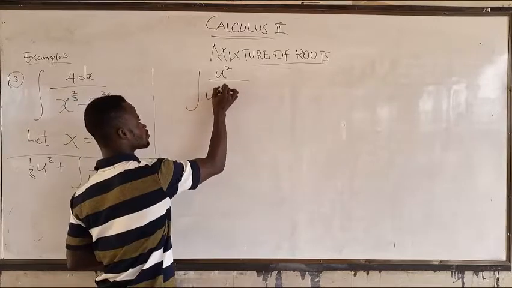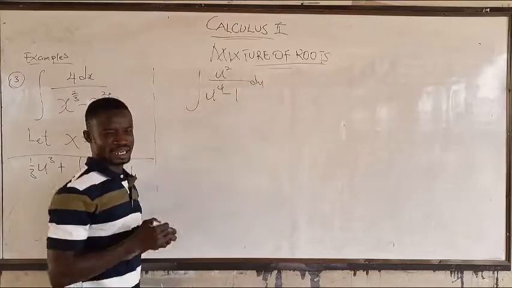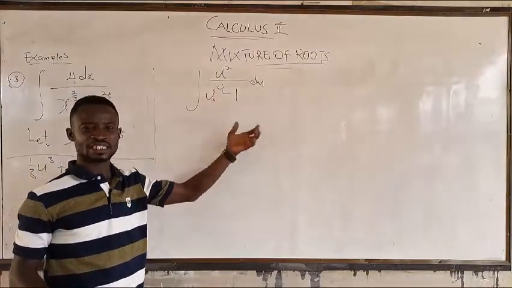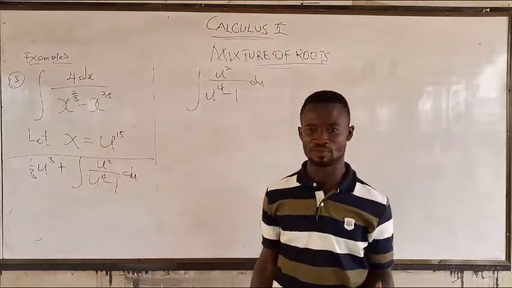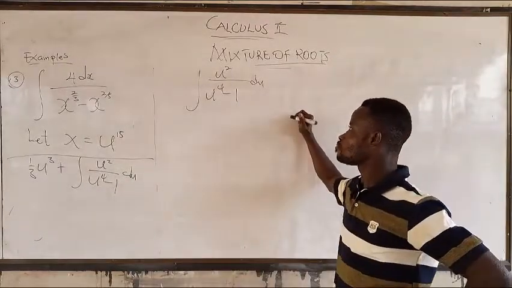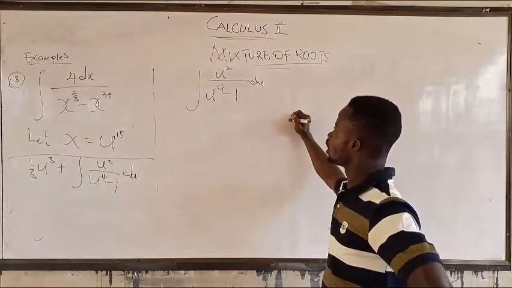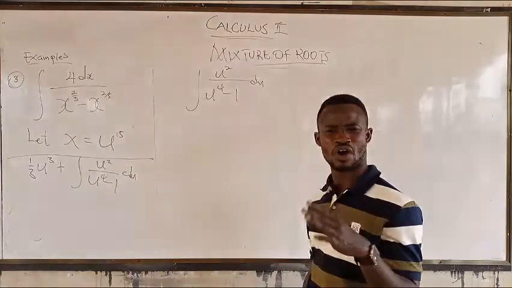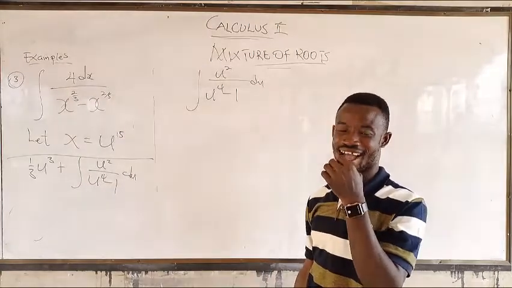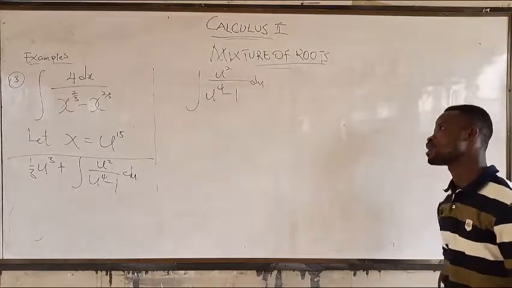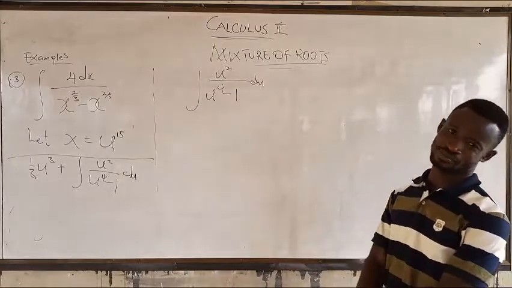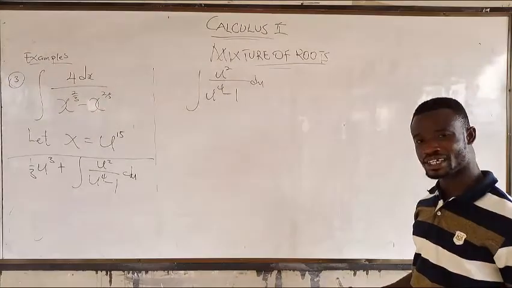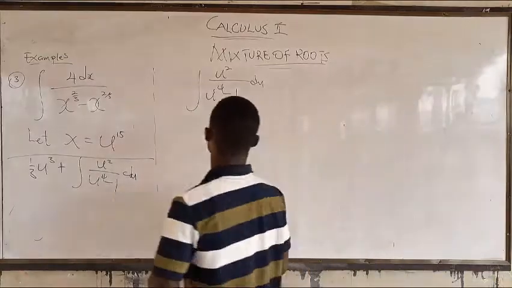Now, looking at what we have, even if it's improper, even if it's proper, we are going to solve by partial fraction decomposition. Wow! But is the denominator quadratic or what? It's not quadratic, so how are we going to do that? I want you to think of something small, right? So clearly you are going to see that